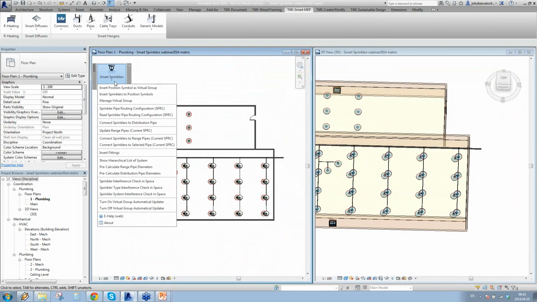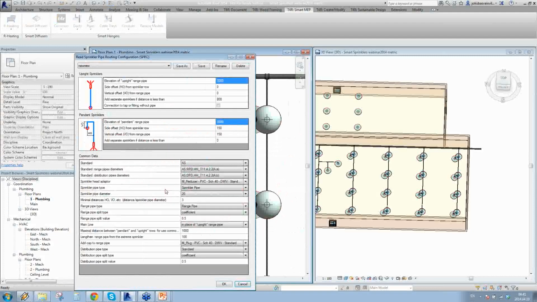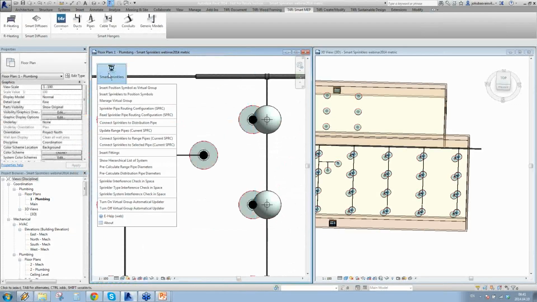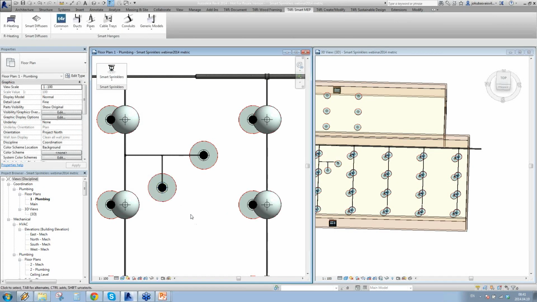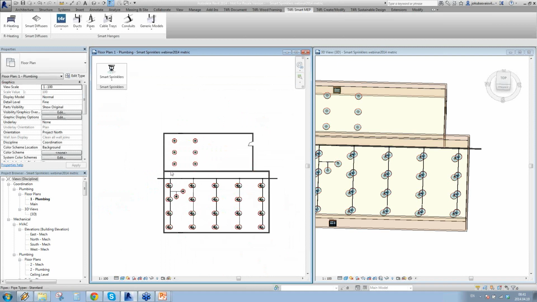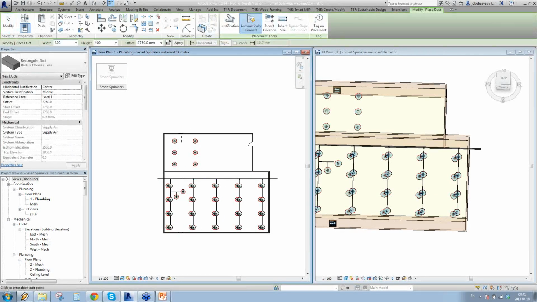Now I want to show you how to read the sprinkler connections. So if you take read sprinkler pipe routing configurations, you can take the configurations from one sprinkler and transport that configuration to the other sprinkler, and that sprinkler will connect in the same way as the sprinkler that you placed before. And the last thing, maybe the last thing that I will show you, is